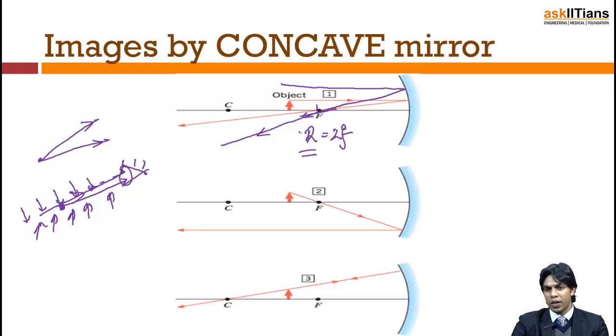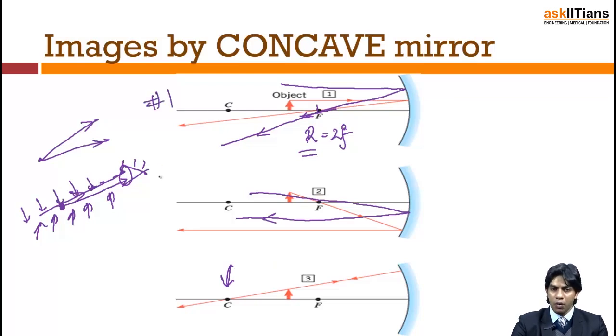So that's one property. The other one is when a light ray passing through the focus, after reflection from the spherical surface, becomes parallel. This is the other property. The next property is when the light ray is coming from the center of curvature and hits a point on a concave mirror. After reflection, it retraces its path. So these are the 3 basic properties which I need you to keep in mind,